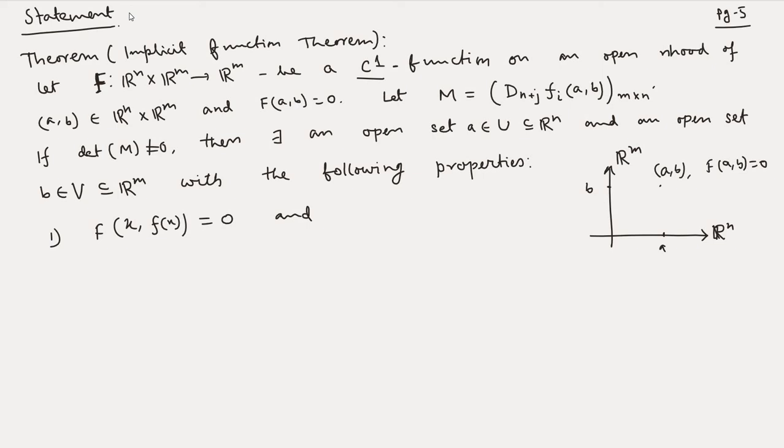Okay, so this is the point, and here this is U, and here we have V, open neighborhood of B. So for a point x here, we get some point here denoted by f of x, so that F of x comma little f of x is equal to 0, and furthermore